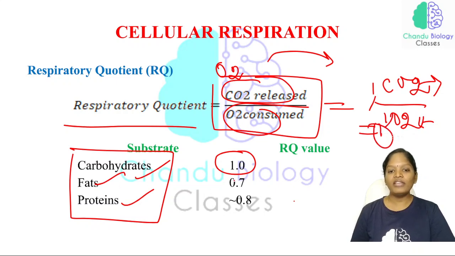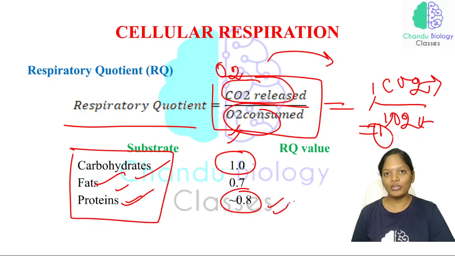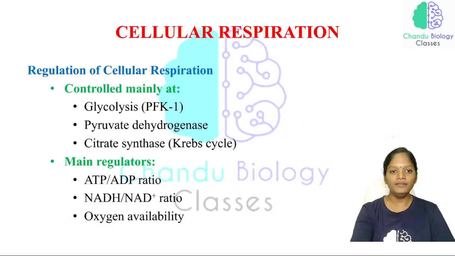So what about fats? The amount of carbon dioxide released will be lesser when compared to the oxygen consumed. So more oxygen is needed to break down the fats. When compared to fats, the RQ value will be higher for the protein. Fats have an RQ of 0.7 and proteins have 0.8. So this can also be expected in the question,